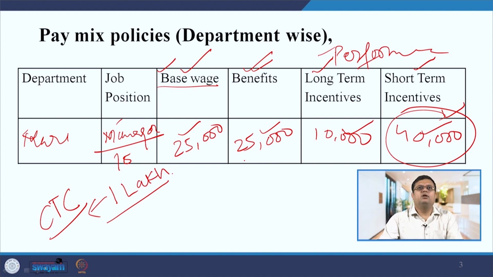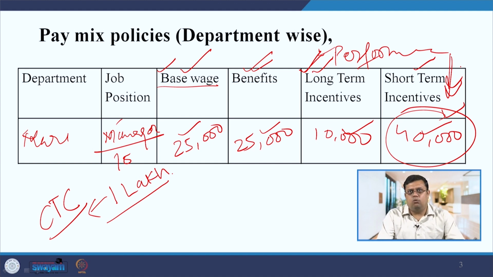Second thing, if you believe that the attrition rate is very high in your organization and you want to reduce it, then in that case also you can increase the long term incentives and reduce the short term incentives. So, people may stay for a longer period of time in your organization because they keep on performing and they want the return of their performance. So, they may stay for some more time in your organization, and then they can leave.